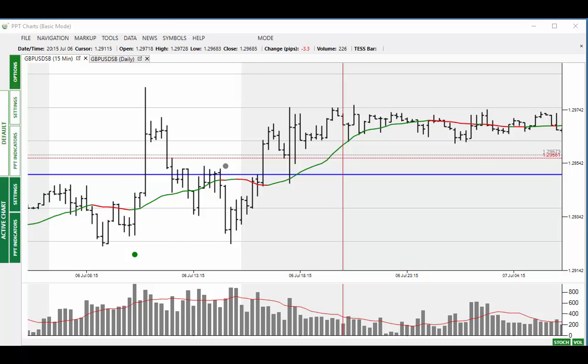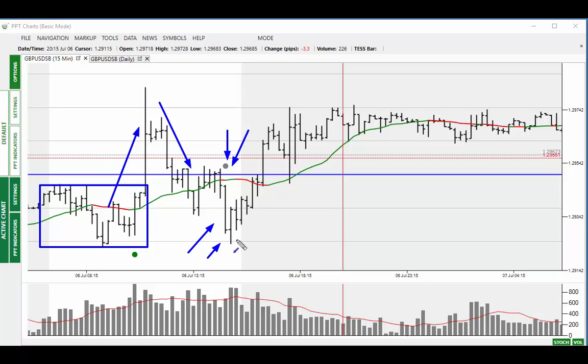So yesterday in the pound, the market started off fairly quiet. We then had a buy signal and we saw the market shoot straight up, fill it, hit the target and then come back. So obviously there was some sort of news out as to why this happened, which is fine because it went in the right direction. And then we had the signal just before the end of the session that wasn't filled because the market moved